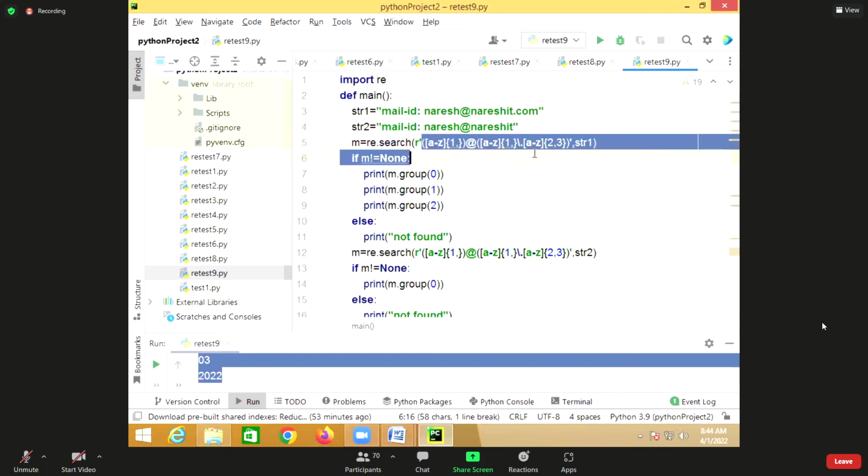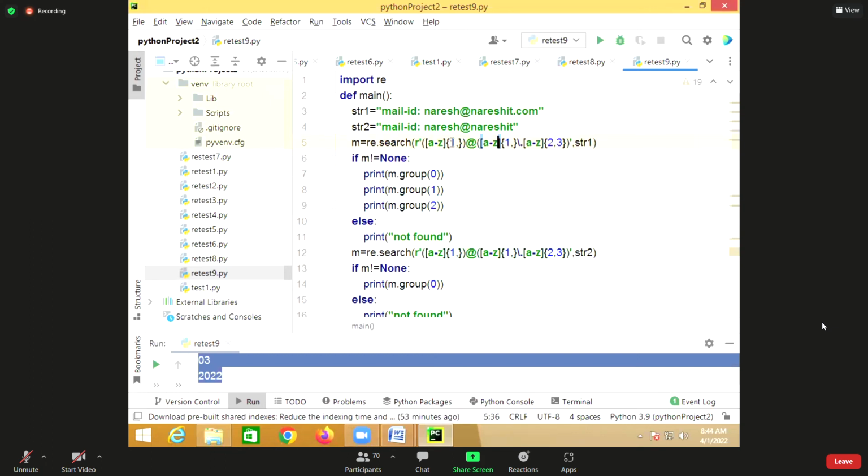Now this is the pattern you are searching. This complete pattern is one group, and you can divide it into a number of subgroups by using parenthesis. The name is one group and the domain name is another group. So the name is group 1, the domain is group 2, and this complete thing is group 0. The search pattern is group 0. If it is found, it returns a match object, otherwise it will not. Suppose m is not equal to None, you return group 0, group 1, and group 2. Otherwise, you say not found.